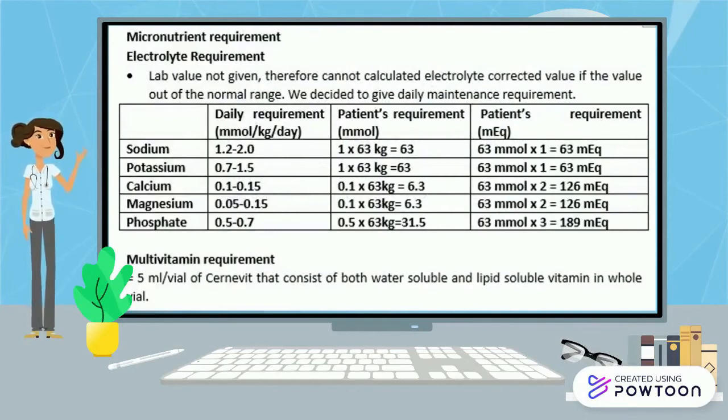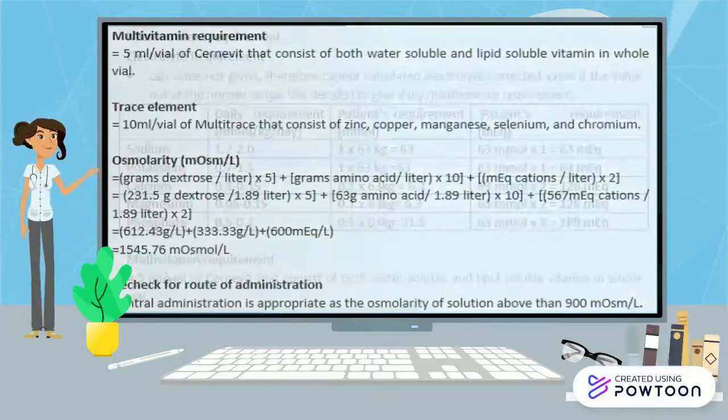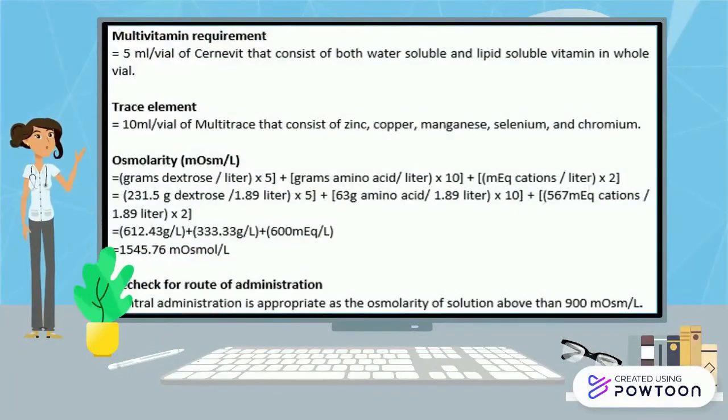Since the lab value was not given, we cannot calculate the electrolyte corrected value if the value is out of the normal range, so we decided to give the daily maintenance requirement as seen in the table. Multivitamin requirement is also calculated. We use 5 ml per vial of Synavit that consists of both water-soluble and lipid-soluble vitamins in the whole vial. Next, for the trace element, we use 10 ml per vial of multi-trace that consists of zinc, copper, manganese, selenium, and